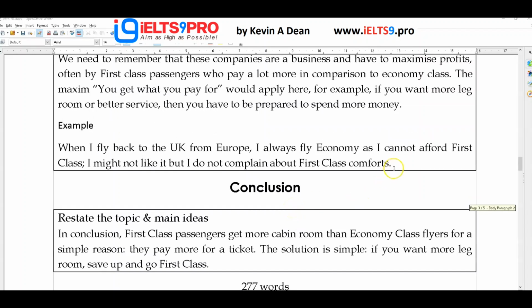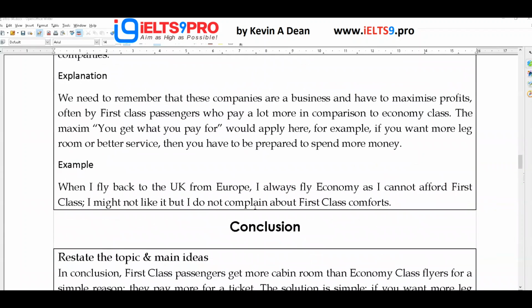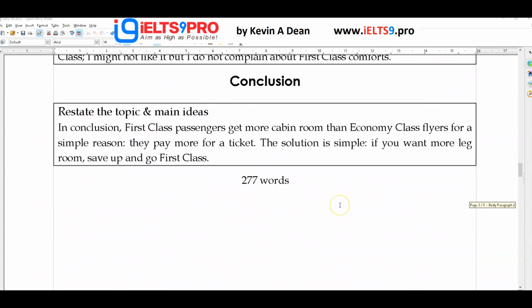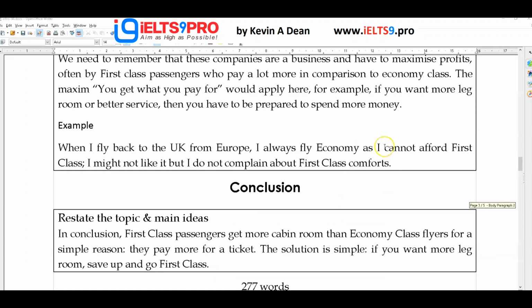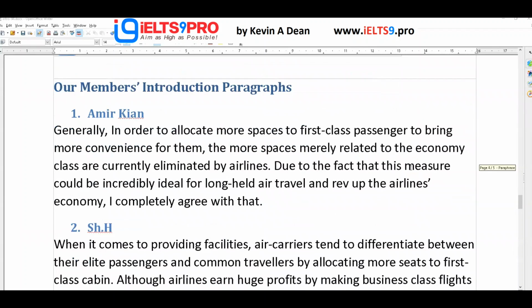So, you can either reiterate or explain your example, or tie it back up to the topic, and you can do it there as well. So, 4 sentences, a paragraph. So, there you go. 277 words. You could leave it like that, but I think it's better if you do have something there to tie things up. Now,